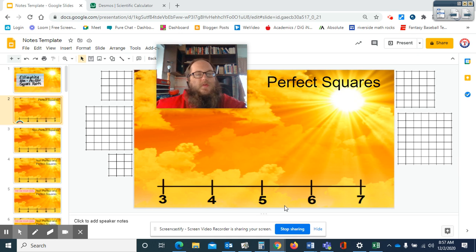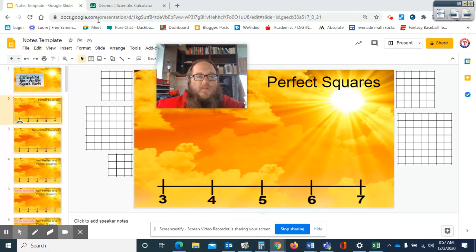Right, students. So here's what we're going to do today. We're going to be looking at how we can find the side lengths of perfect and non-perfect squares. So similar to the activities we've been doing for the last couple of days, but this time we're going to actually use a calculator to find out what the actual side lengths are and where they would belong on a